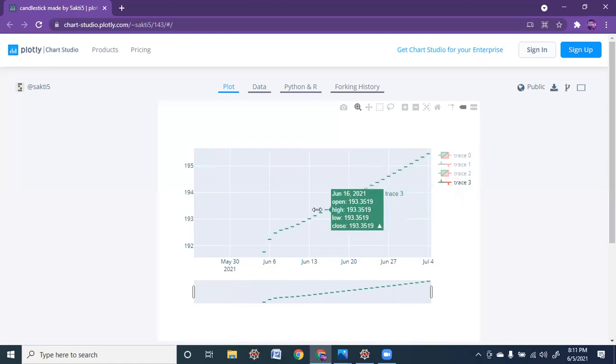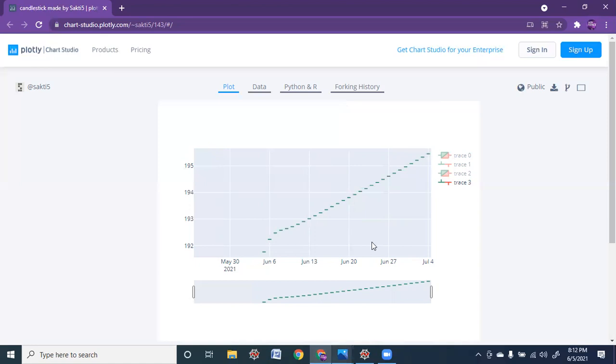That is why I have assigned the close value for all the remaining open, high, low, because it does not allow me to display only the close. As the name implies, OHLC stands for open, high, low, close. So please just ignore these three values and consider only the close value.